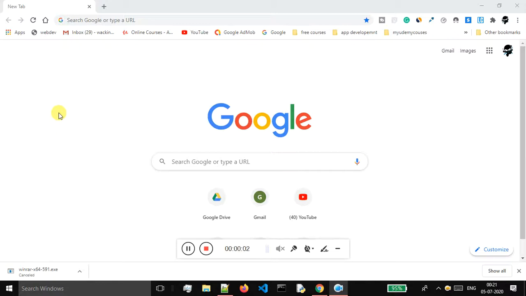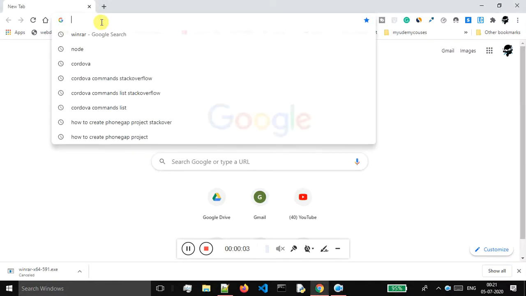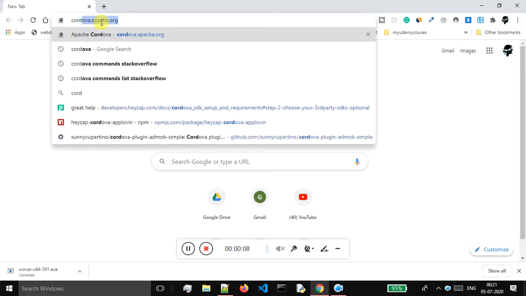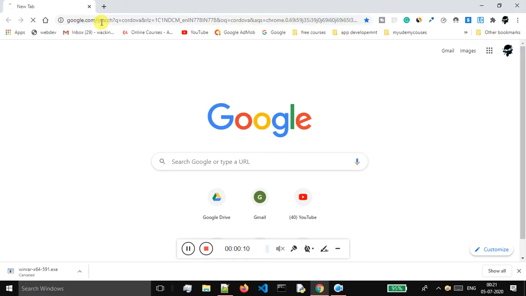So what's up guys, welcome to the app development course, and today we will see how to download and install Cordova. So directly go and type out Cordova over here on your favorite web browser,